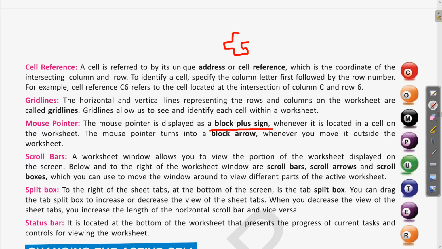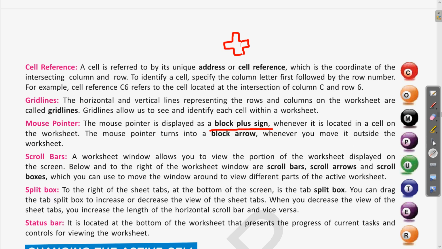When the cursor changes like this, it is called the block plus sign. Whenever it is located in a cell on the worksheet, the mouse pointer becomes the block plus sign. The mouse pointer turns into a block arrow wherever you move it outside the worksheet.